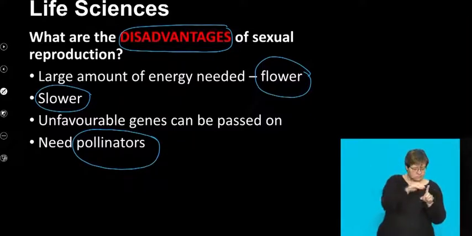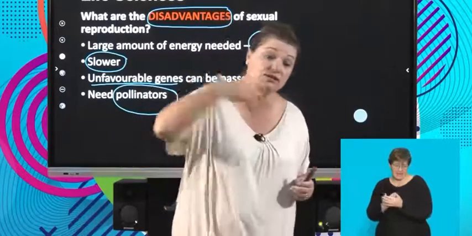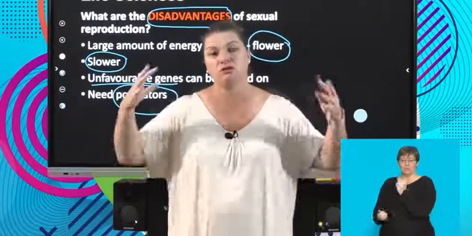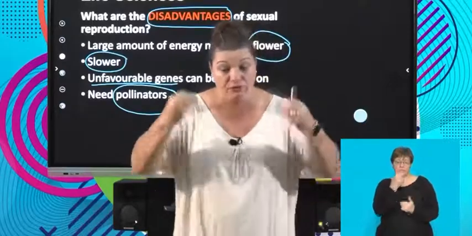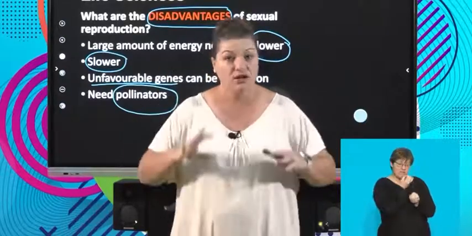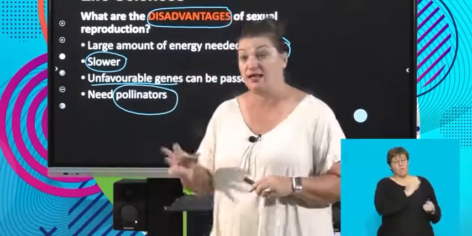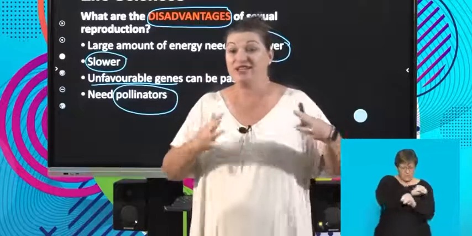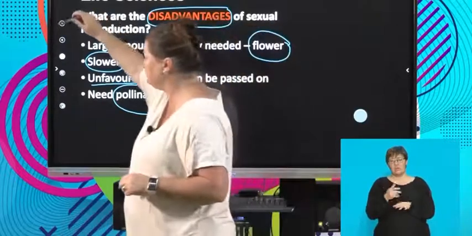Okay, and yes, we could pass on unfavorable genes, but as I said to you, when you're looking at the concepts, what do you want? Do you want something predictable, or do you want something new? It all depends on what we're looking at. And very often when we're looking at food security, farmers being able to feed our country, lots of times asexual reproduction might benefit because we know what we're going to get. But playing around with sexual reproduction, getting to see the genes, we might be able to get something new that could be to the farmer's benefit.